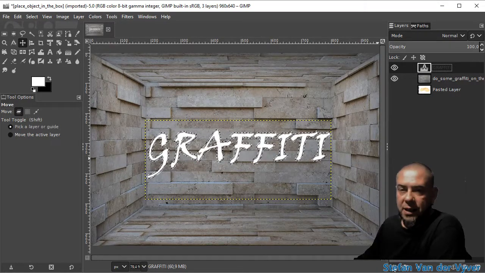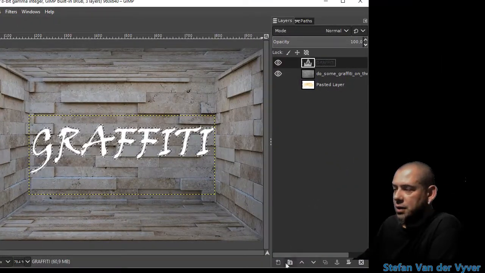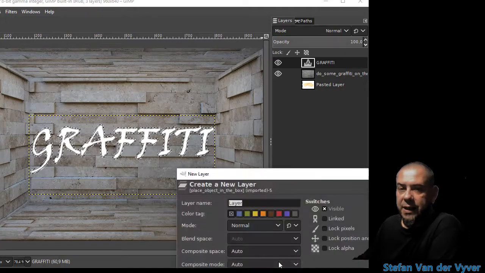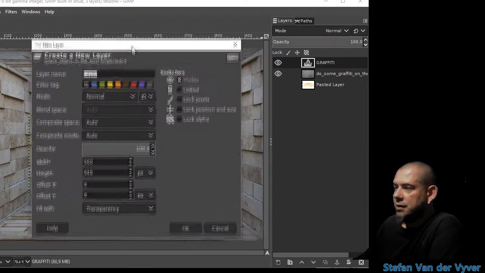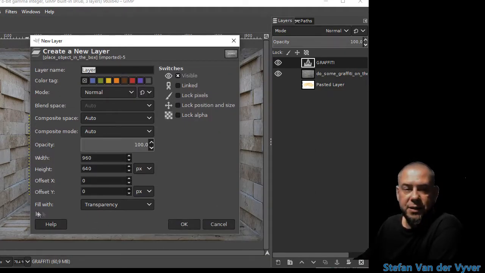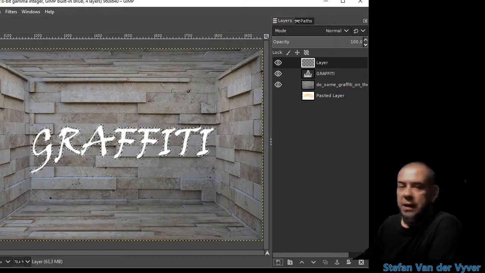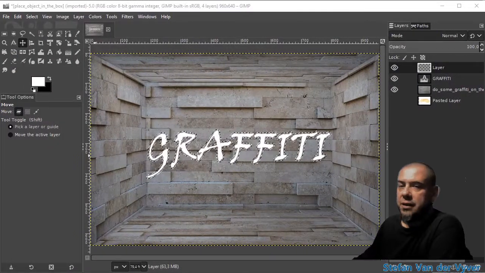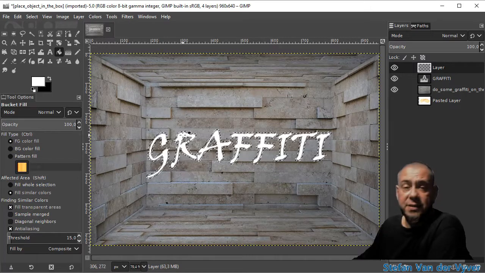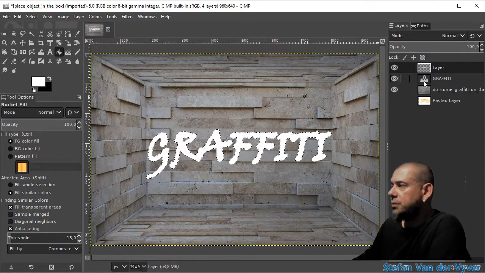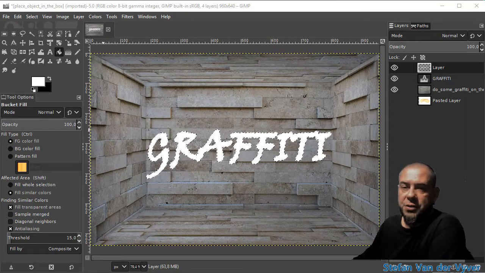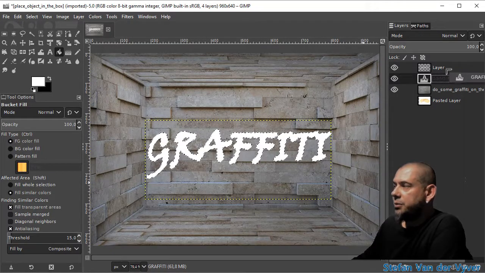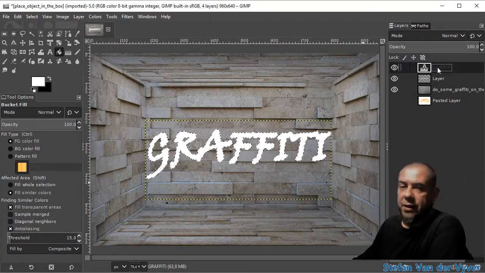I'm going to add a layer in the background. So I'm going to go over here and add a layer. That layer is going to have transparency. Click OK. And I'm then going to fill that selection with white. In this case, your choice. In my case, I'm going to choose white. Now I want the font to be on top, so I'm going to put the text layer up 1, and